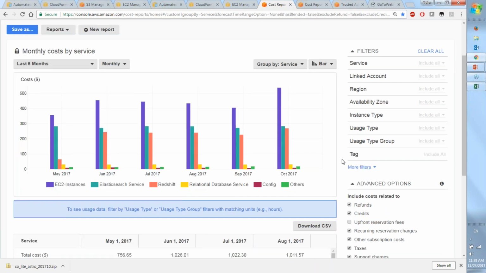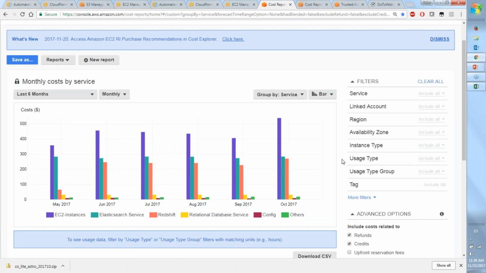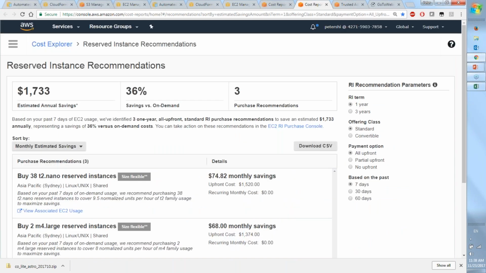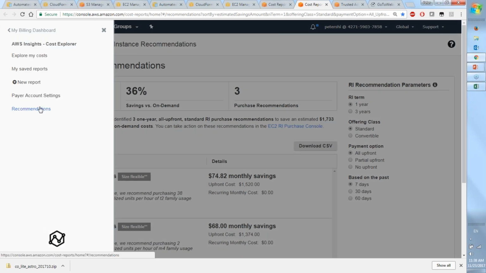This service also lets you bring in tags as well. So tagging of resources lets you tag applications and owners, and you can say, okay, let's filter for the resources I actually manage and own. And as mentioned, newly released is the reserved instance recommendation sheet, and that's also available through Cost Explorer. And it's accessed by this little side menu here, down the bottom, recommendations.